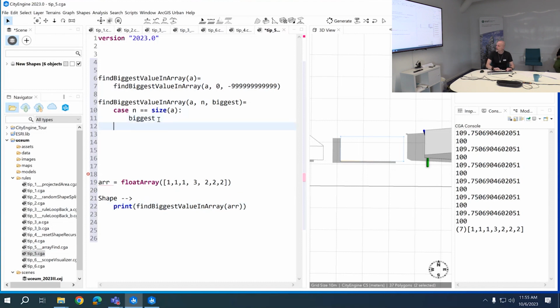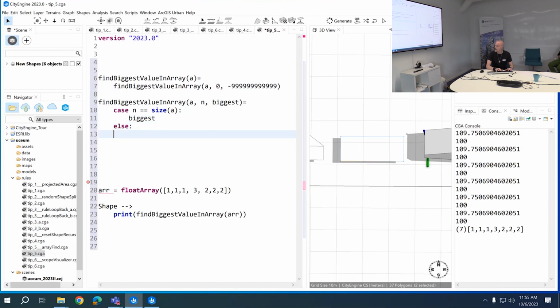Cool, but then we can also say, okay, if we are not yet done, we do something different. And now we're basically testing the current value in the list that we're testing. Is it bigger than the biggest value we have so far? Yes or no? Right. So here we can say case, the array at the location n, which of those indices, starting at 0,